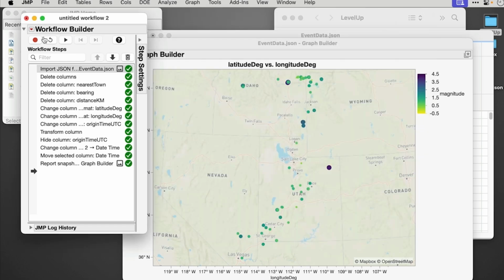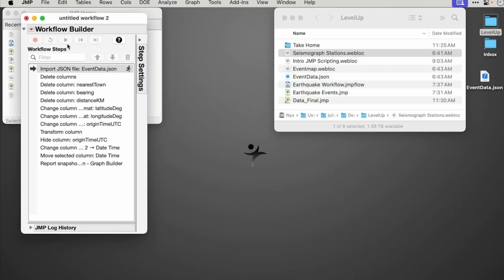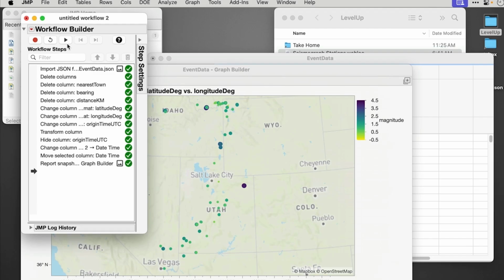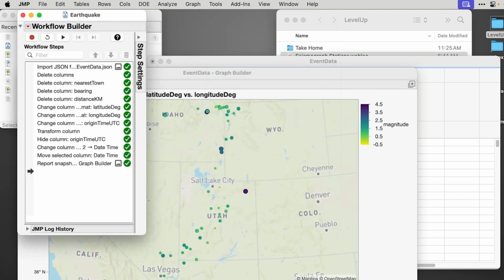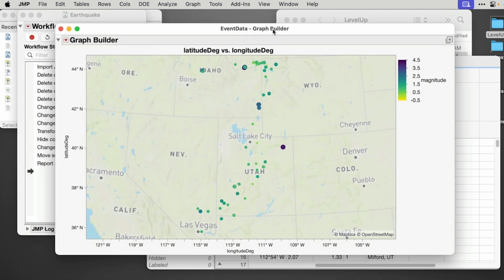Again, let's hit restart. How do you save? Oh, you don't have to save anything. You just hit restart, hit play, and that actually came from the live data. Oh, wow. Yeah, so now we have a workflow. You do want to save your workflow. I am impressed. And we were basically building a script, right? So we'll call this earthquake. And that's something that we can run over and over whenever we want to get the most recent data and see what's going on in terms of locations